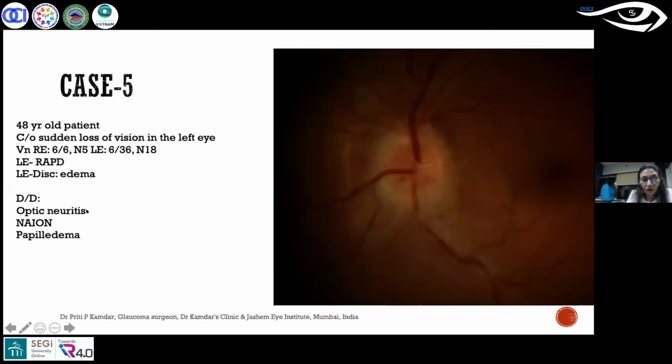The treatment for optic neuritis is intravenous steroids. The treatment for ischemic optic neuropathy is not so very well defined. So I need to make a diagnosis whether it is optic neuritis or ischemic optic neuropathy when the patient comes to me. Why? So I can prognosticate, I can treat the patient properly, and I can also tell the patient what to expect. So that is why the fields, and which is that one test? Color vision will be impaired in both,